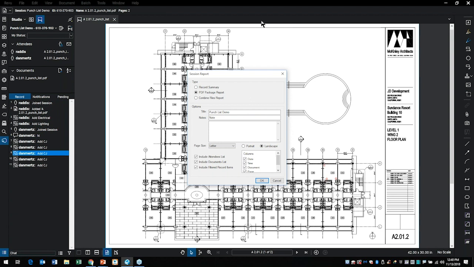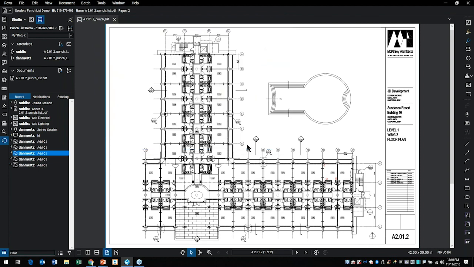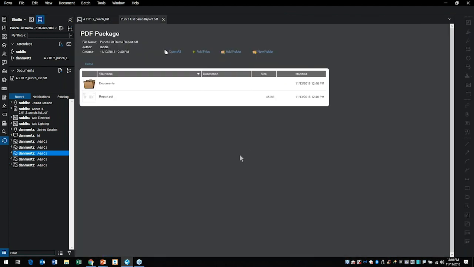I can include an attendees list, and I can include all of these fields. I can set it to portrait or landscape, and I can give it a title. I'll go ahead and pick OK. It'll ask me where I would like to save that to. I'll go ahead and save it, and now I have a readout of everything that took place in that particular